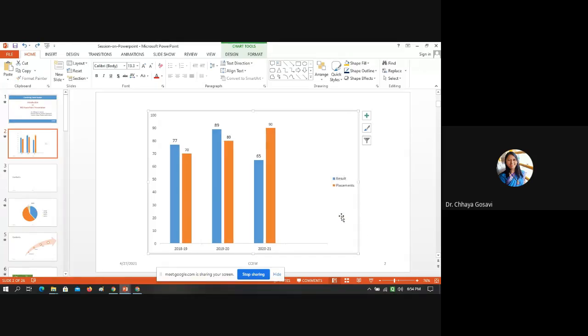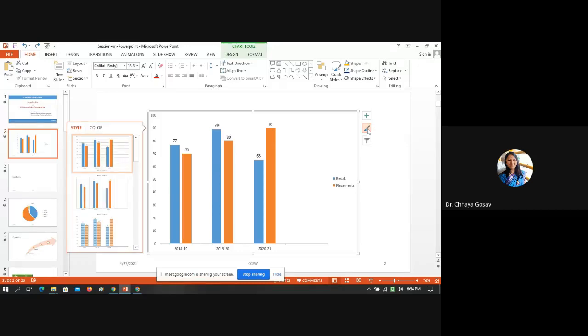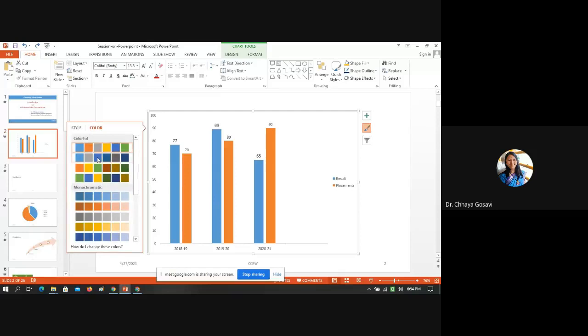To come back, just press Control Z. If you want to make this chart look three-dimensional, 3D, you select here chart style and color. So there are different colors. If you want to change the colors, you can change these colors.